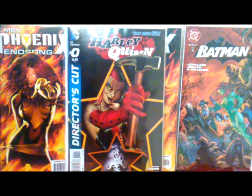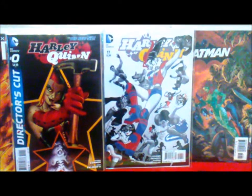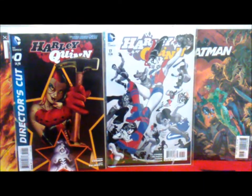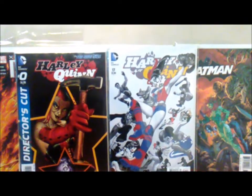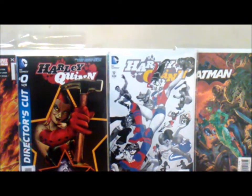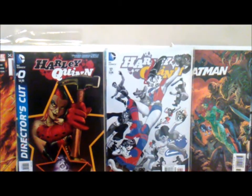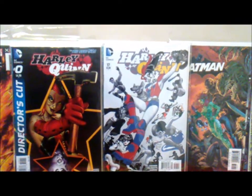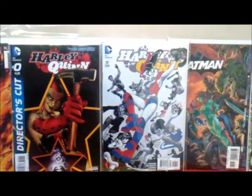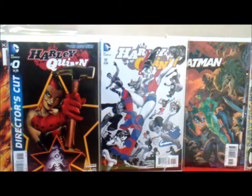But not only did I pick up number 0, but I got number 17 for my Harley Quinn run. And that's Harley Quinn and her gangs of Harleys behind her. I really love this black and white cover. I thought it was pretty cool. Any Harley Quinn cover I like. But I'm definitely plugging in the holes and the gaps of my Harley Quinn run. Definitely, I'm a huge fan. But not only did I get number 17,